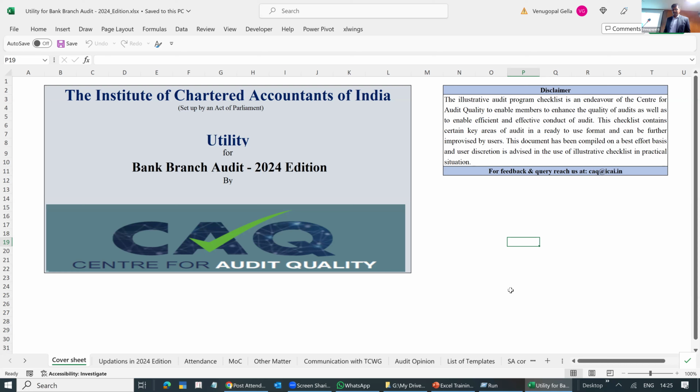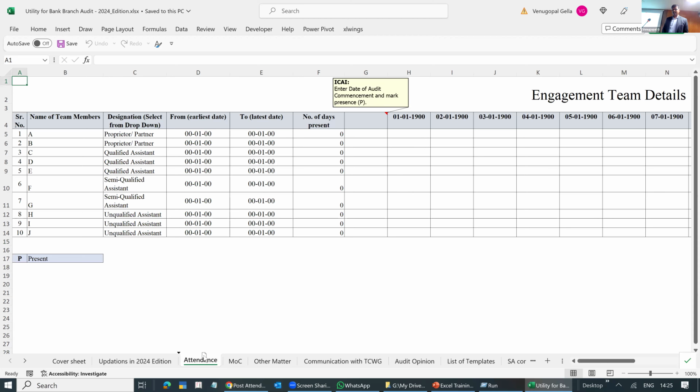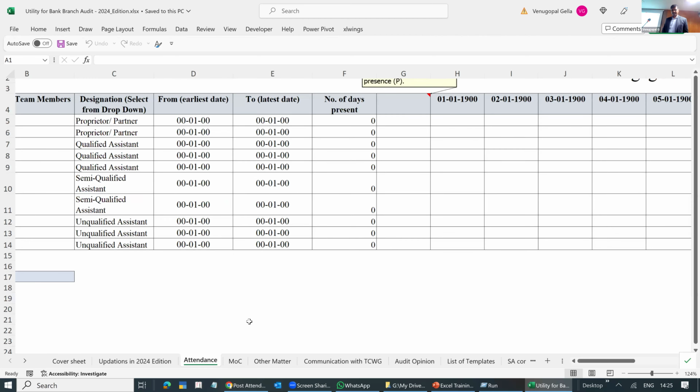Okay. So the institute has prepared a document which I would request everyone to use. I'll anyhow share this document. Basically, it starts with attendance, who has gone where, what, when.